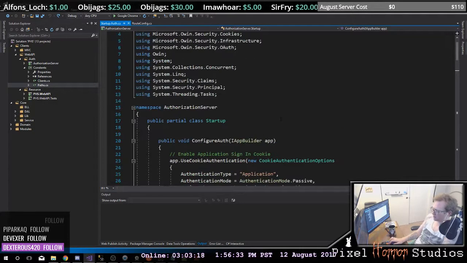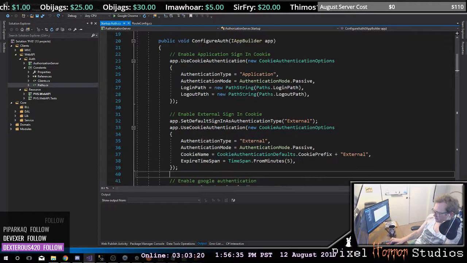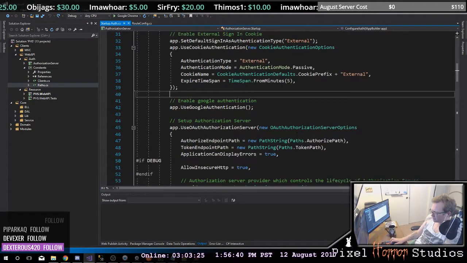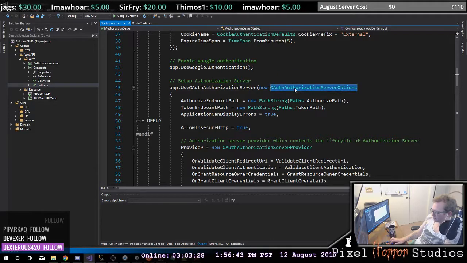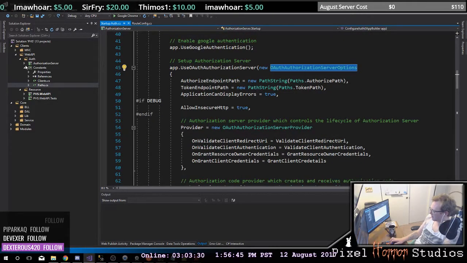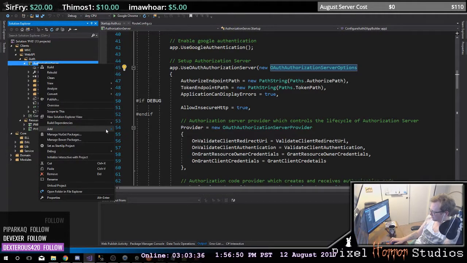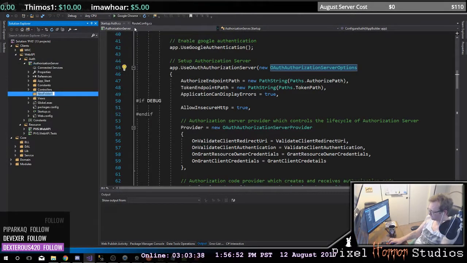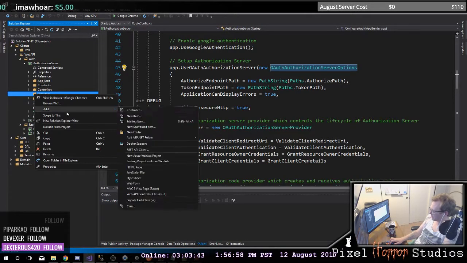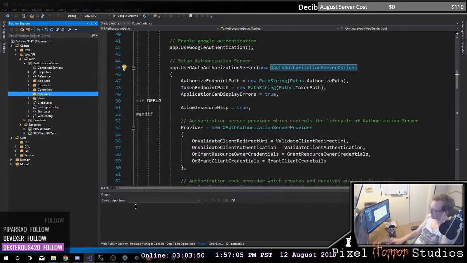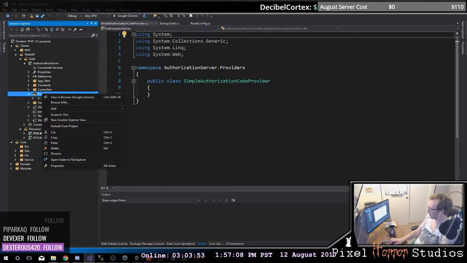Okay. All right. So now what we have here is that we're going to have a couple of different types of authorization which can happen here. Let's go ahead and start to strip this thing out so it makes more sense to me. We need to create something here called providers. And in providers, we need to have something called a simple authorization code provider. And then we also need to have a